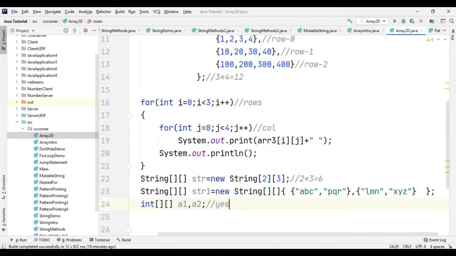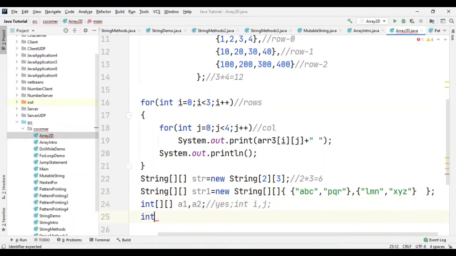The answer is yes. The way you declare your normal variable like this, in the same way j will also become integer type. Similarly, here if you are writing the two-dimensional symbol, this a2 is also going to be a two-dimensional integer array. The same concept we have in a one-dimensional array also.